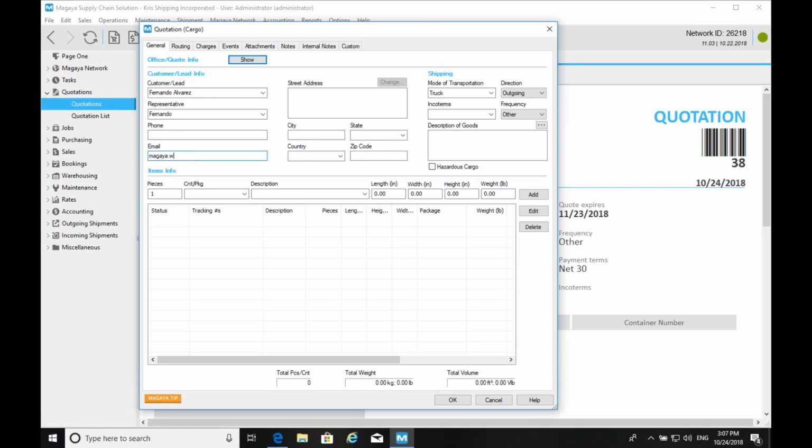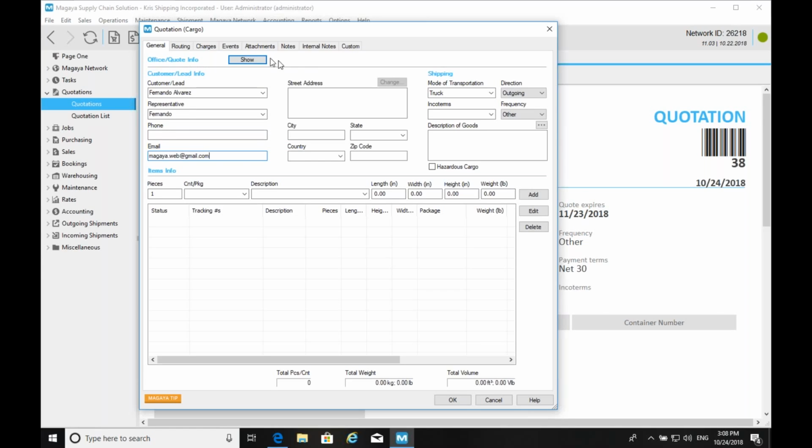So this person will not be saved in the system as a customer unless they accept this quote. So we're going a long way to shorten your customer list, because it was previously possible only to quote to existing entities already in your customer list.